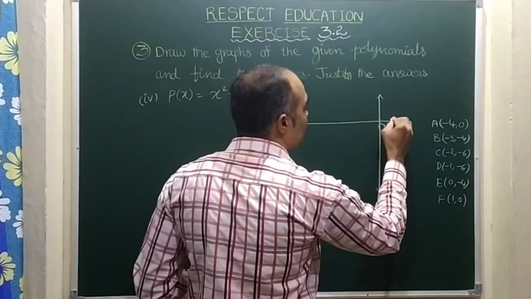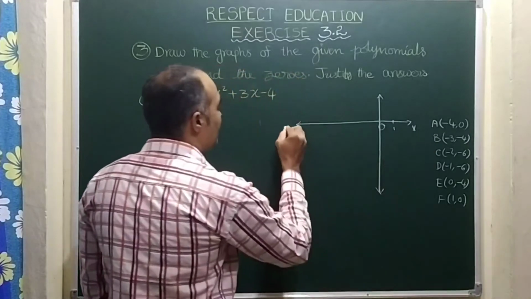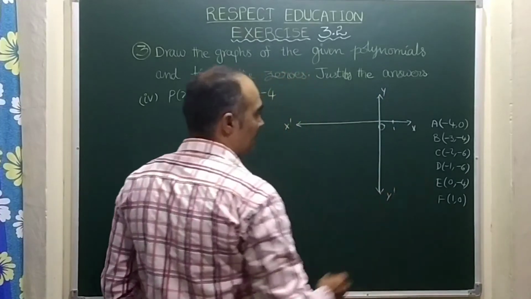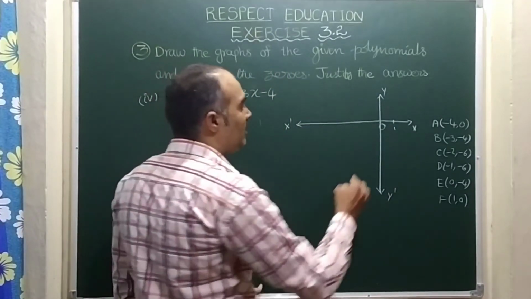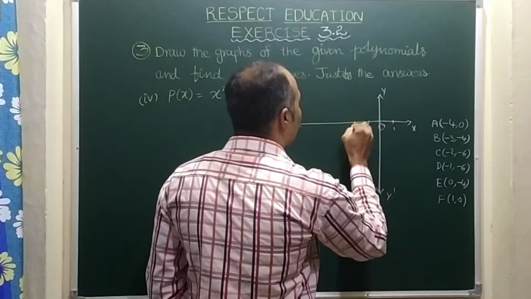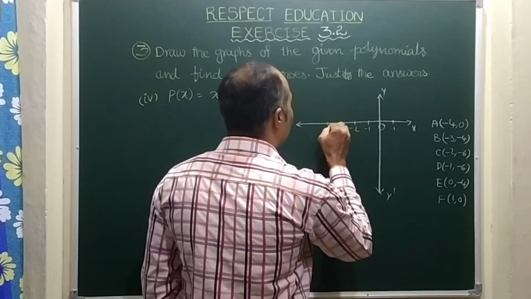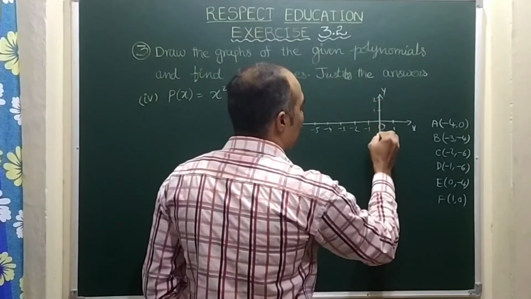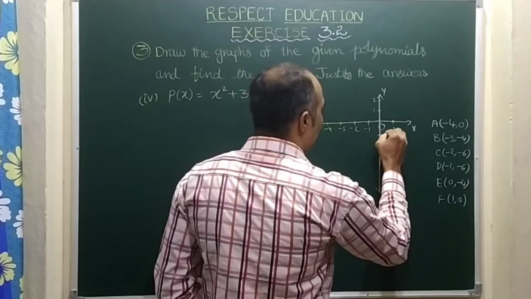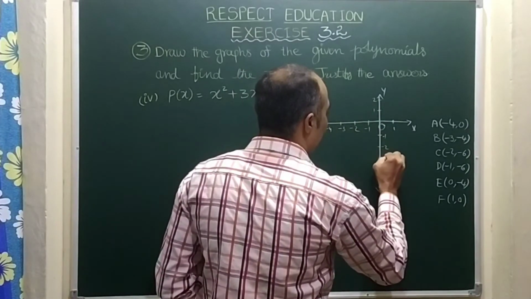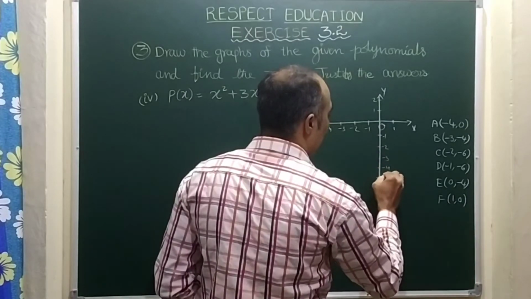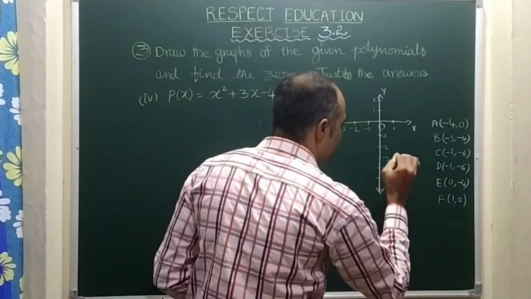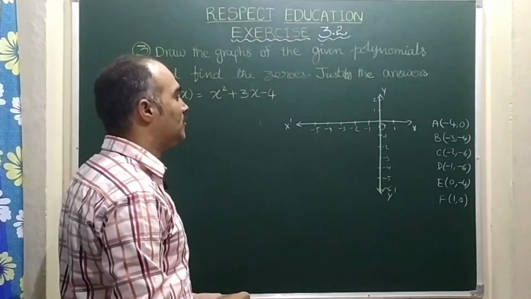So here it is O, 0 comma 0. This is 1, this is positive x. This is x dash, nothing but negative x-axis. This is y and this is y dash. Now let us plot these values actually. Here 1 over. So it is minus 1, minus 2, minus 3, minus 4, minus 5. Same way y it is 1, it is 2. Here we can write these values as minus 1, minus 2, minus 3, minus 4, minus 5. Here we need minus 6 also, so minus 6. Right, let us plot the points one by one.